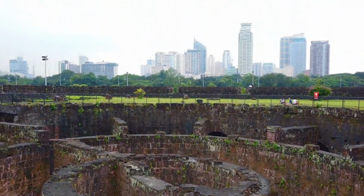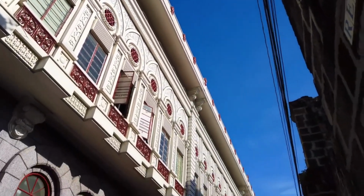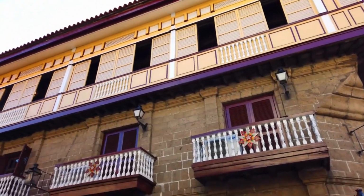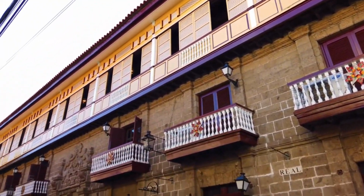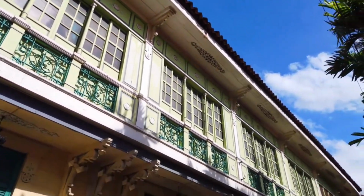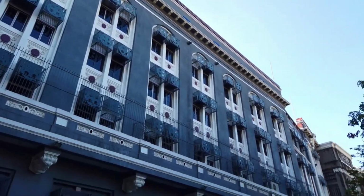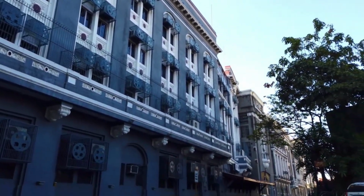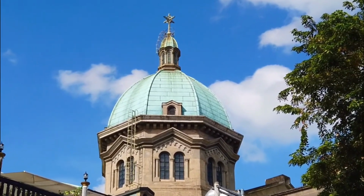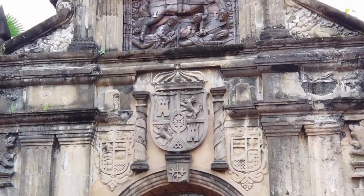However, the ruins remain today and are some of the top Instagrammable places in Manila. The area can be explored via Intramuros tours or a Manila bike tour. The area has become home to several universities and establishments. Here, you can find centuries-old churches, which are architectural landmarks in the Philippines, and historical places in Manila like the Grand Manila Cathedral and San Agustin Church, the oldest church in the Philippines, making the area a great place for